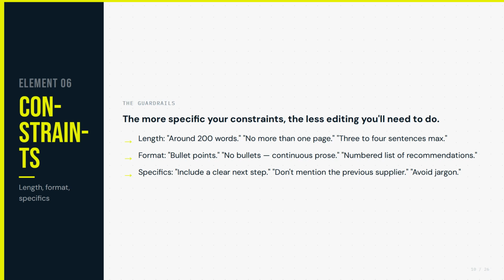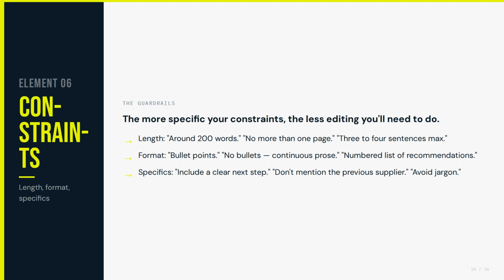Short, 3 to 4 sentences maximum. Claude AI without a length constraint will default to whatever length feels appropriate, and that default is often longer than you need. Format: bullet points, no bullet points, continuous prose, a letter format, not an email, a numbered list of